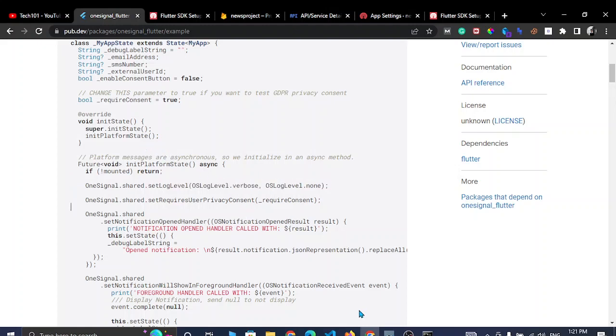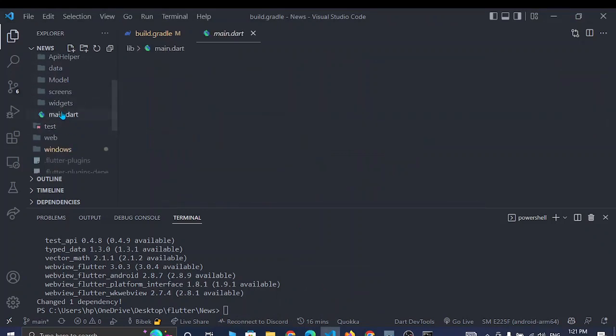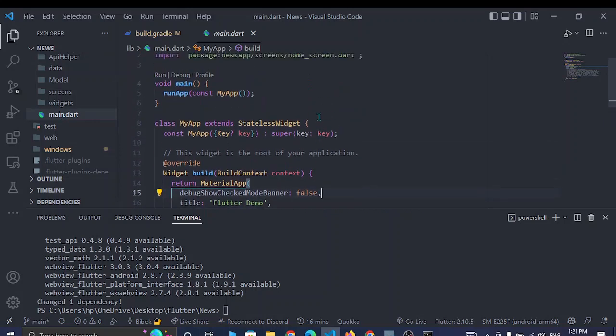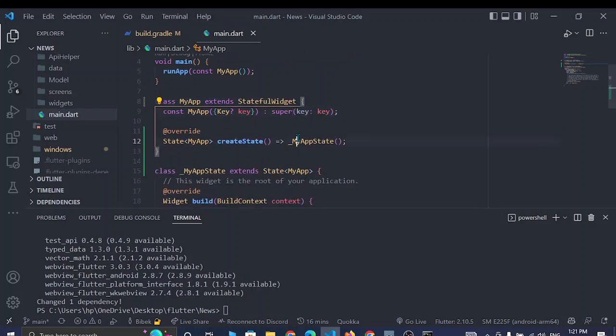Okay, so let's go back to the main.dart file in our app. Okay, main.dart, and we are going to make this widget a stateful widget, as we are going to initialize it in main.dart. So let's convert this to a stateful widget, and